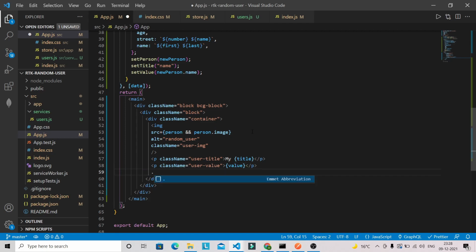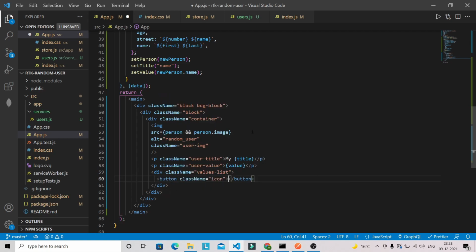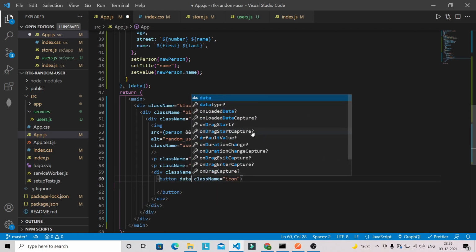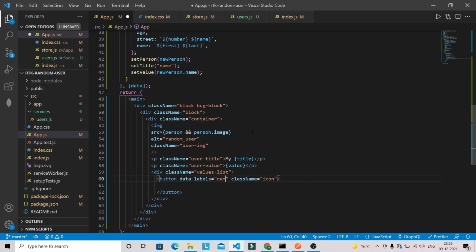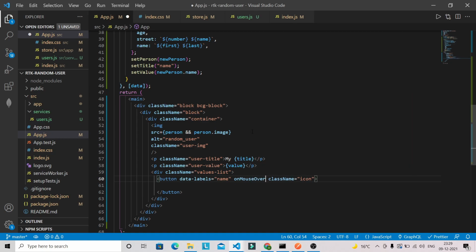We are going to have one more div with the class name values hyphen list, and inside this we are going to have a button with the class name icon. Let's define data label. So this will be name, and we are going to have on mouse over and handle value.